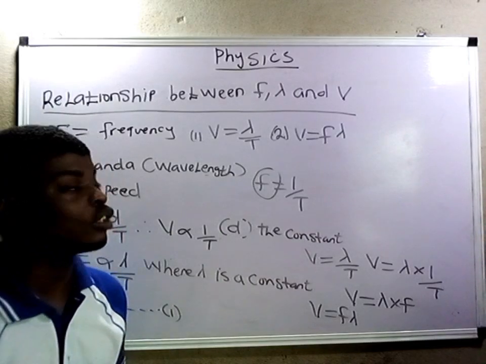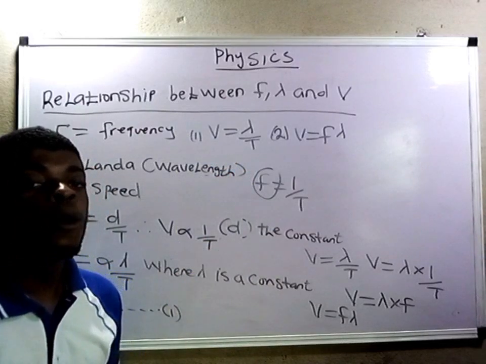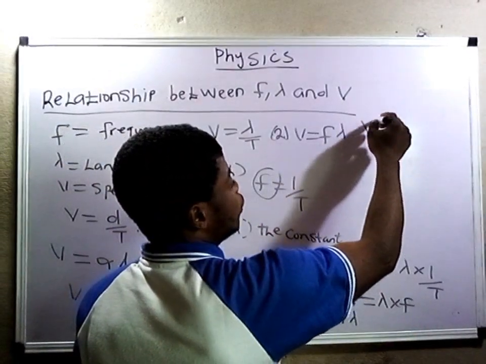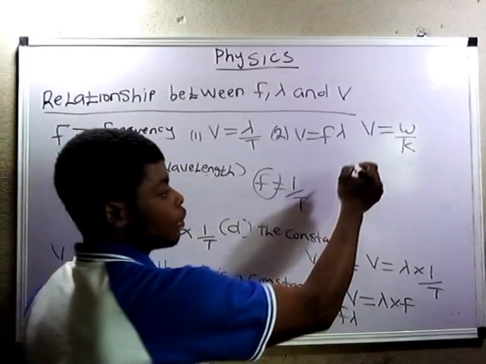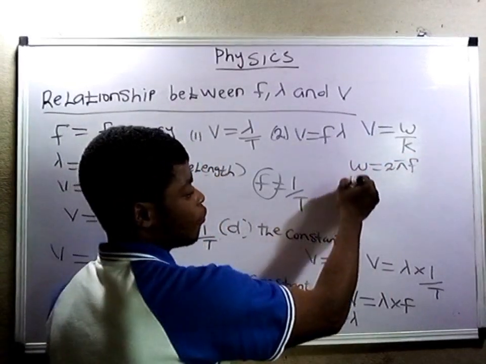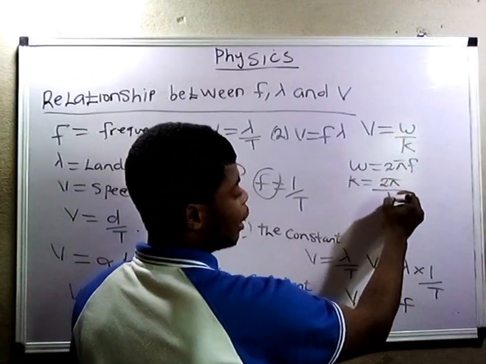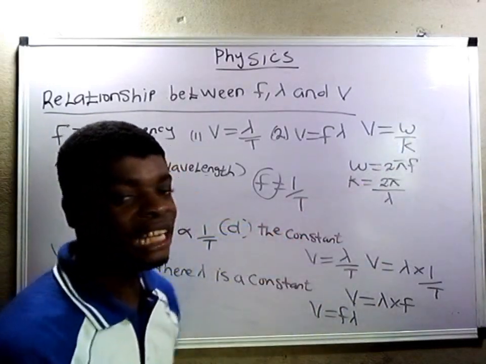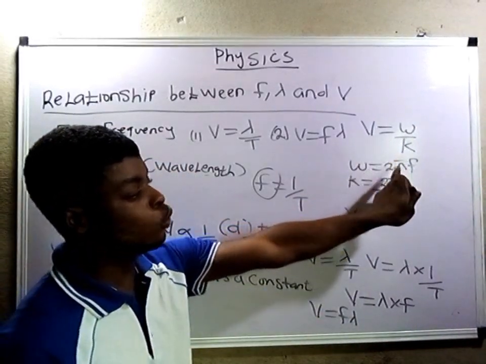Note that sometimes you can replace this V with C, the speed of light. And note that V is equal to W over K. Let me prove it. Know that W is equal to 2 pi F, and K is equal to 2 pi over lambda. Having known this, whenever you put these values into this formula, V, which is the velocity or speed, is equal to W, which is 2 pi F,